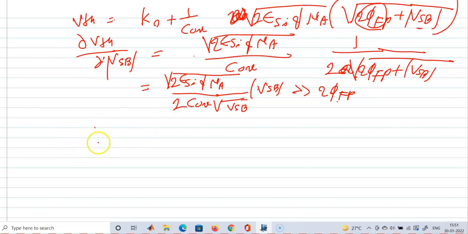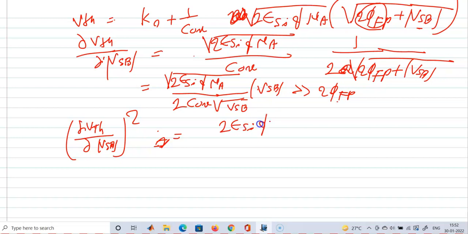So they have given these values, del Vt upon del VSB, and with all these values we need to find Na. So take the square of both sides. One second, before squaring, a little bit of doing these things. Okay, you can take the square, that is del VTH upon del VSB, this side squared, is equal to 2